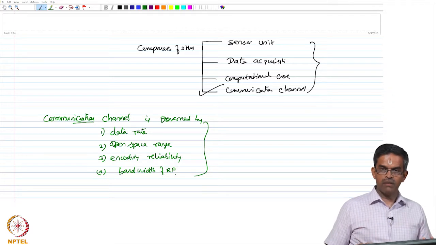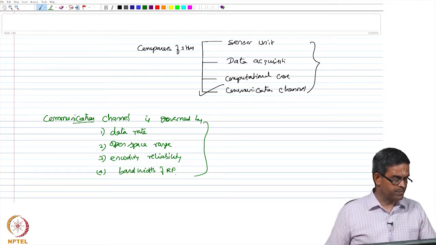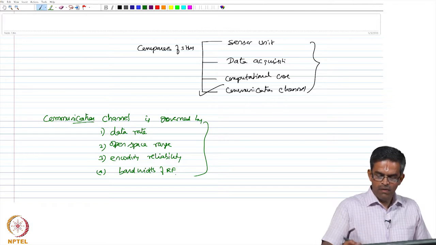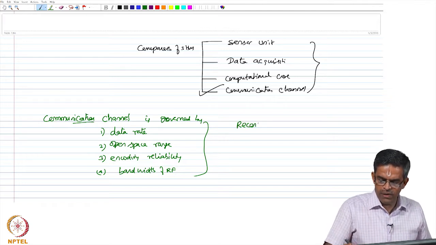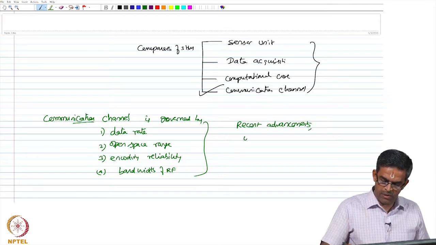These are the vital parameters which govern the design of a communication channel. We all do agree with that. With the recent advancements, people prefer to use wireless communication,